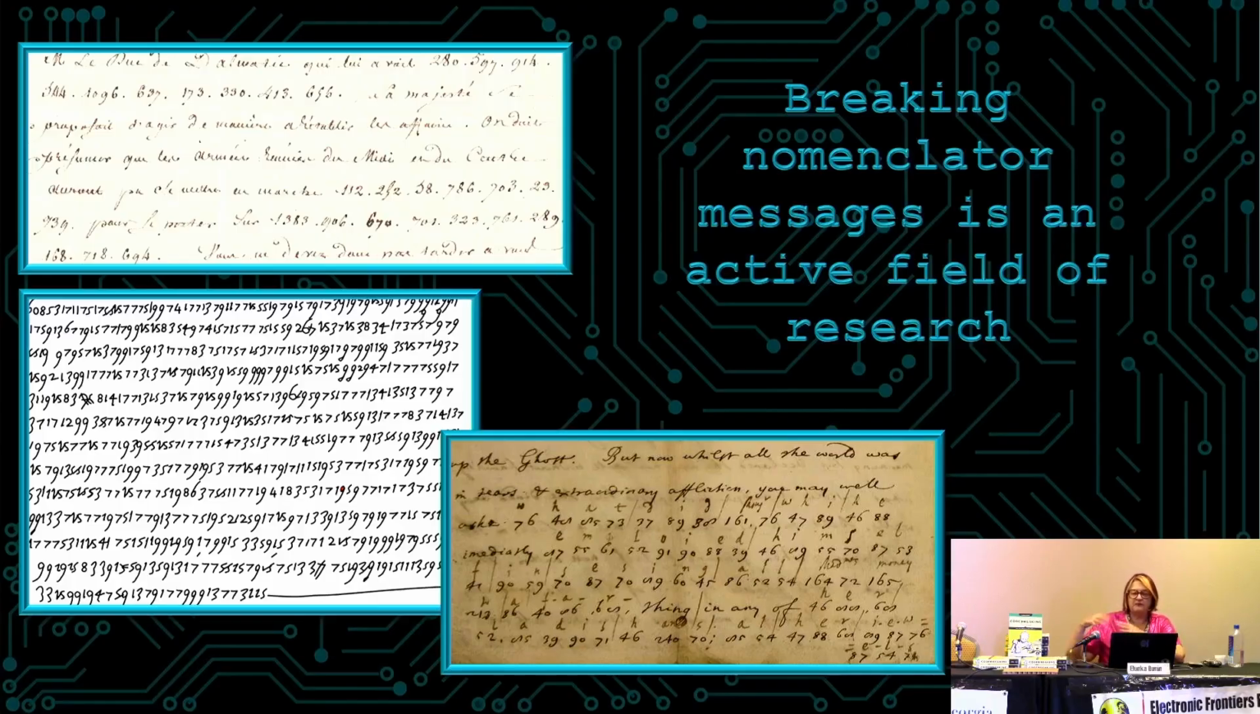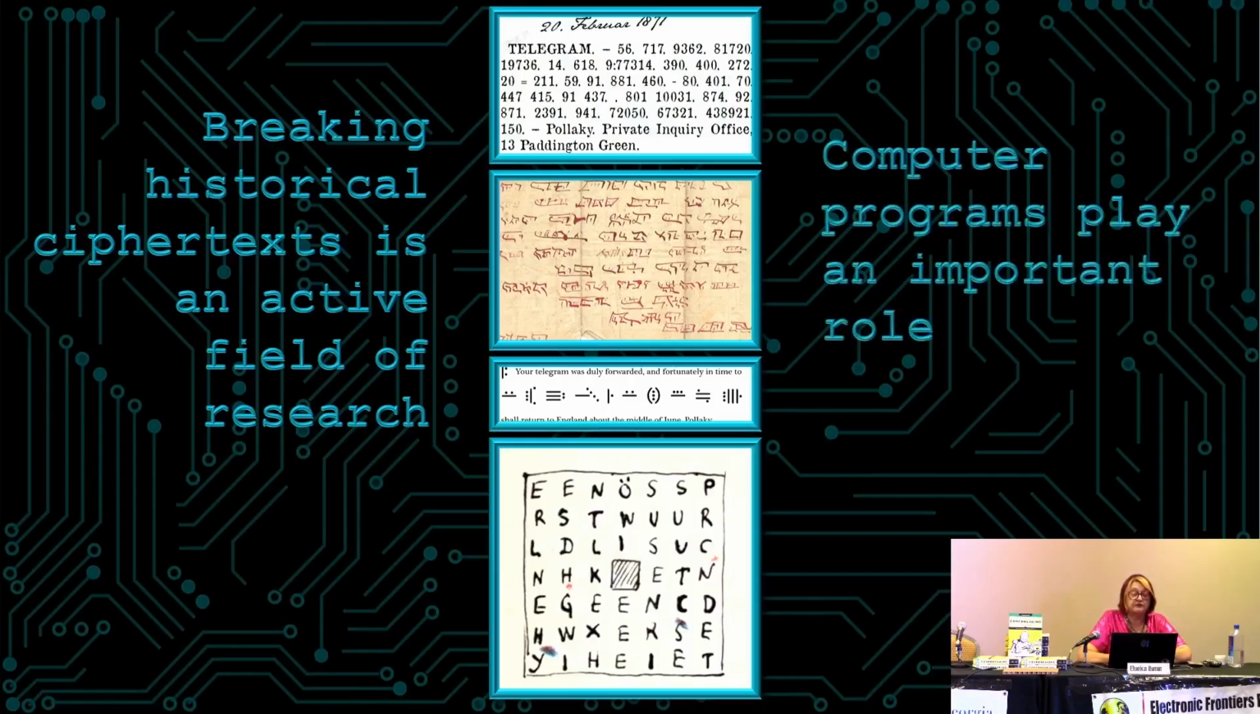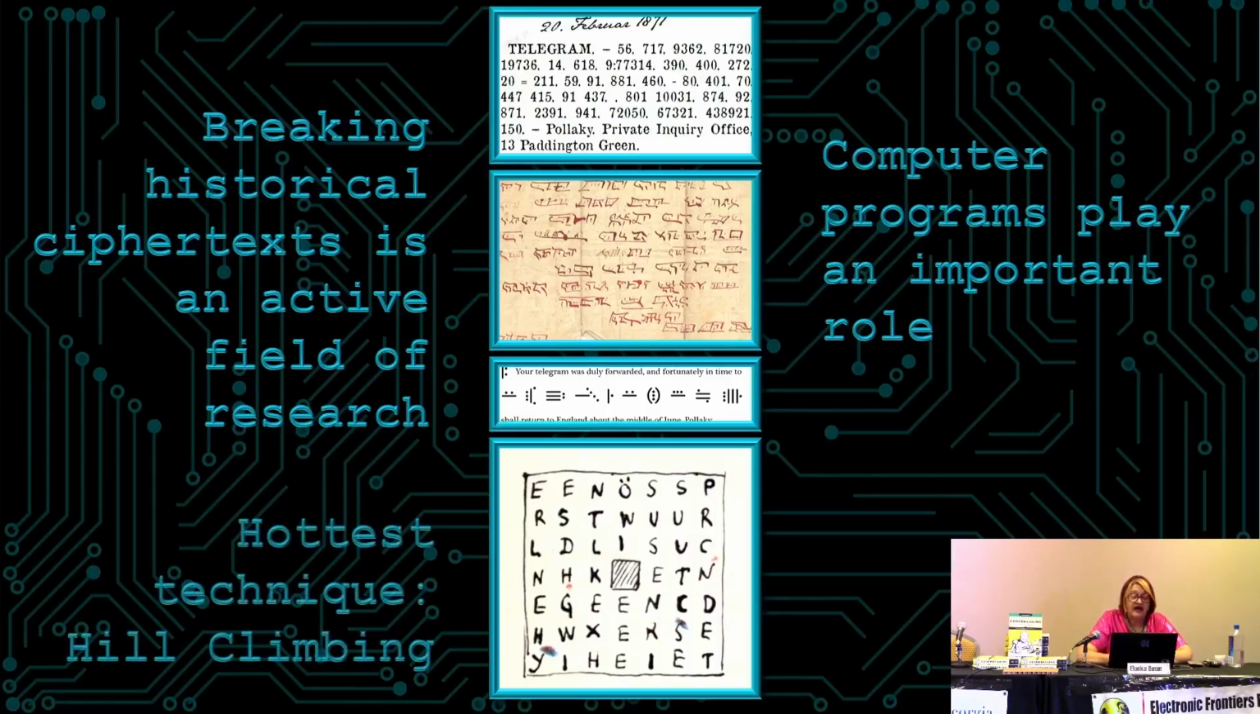And so if people find a new nomenclator table in the archives, again, if they make it public, then they'll go, okay, can we use this table to crack all those messages that we couldn't crack before because we didn't have the table? So it's an active field of research. Again, these are historical ciphertexts. Can be transposition, could be substitution. Computer programs can play an important role because they help us recreate things and create the tables by doing the analyses. And the hottest technique right now is hill climbing,